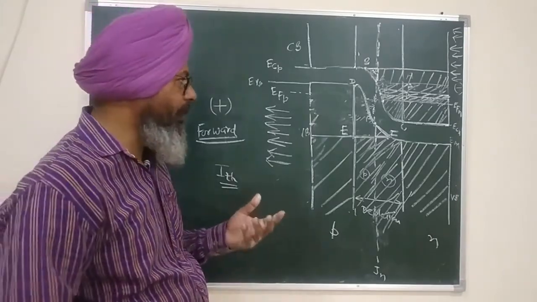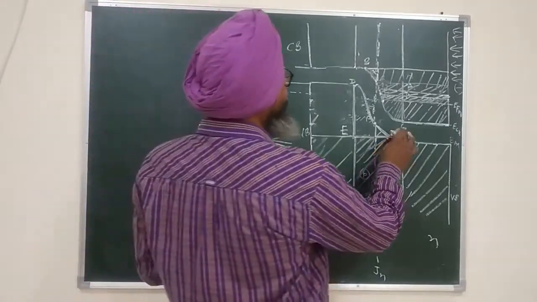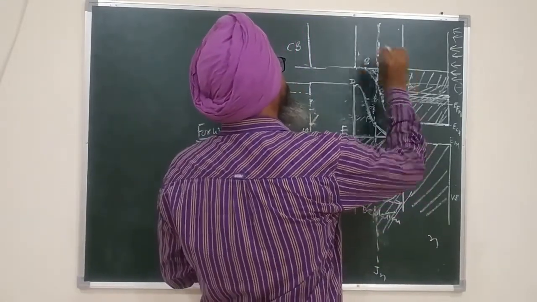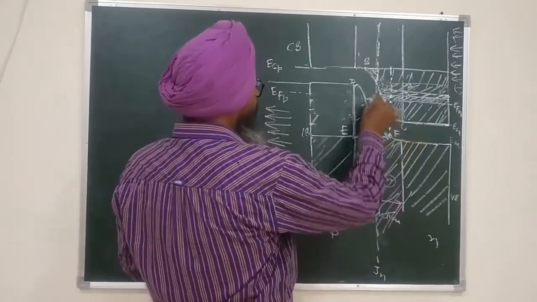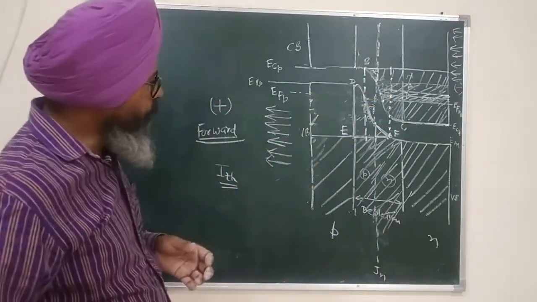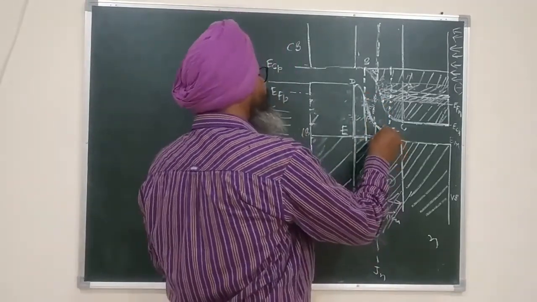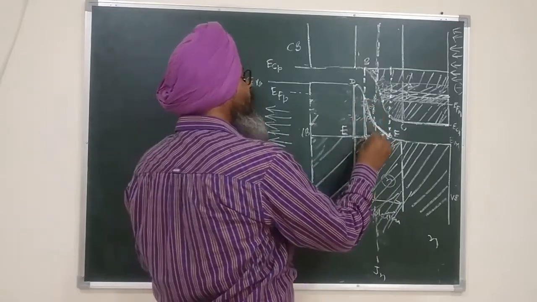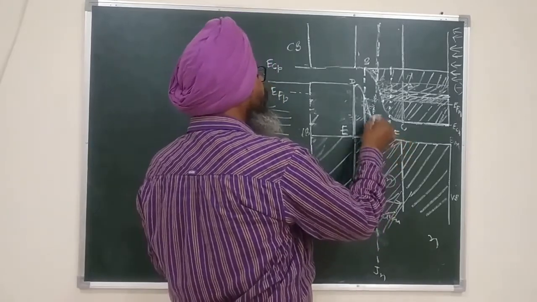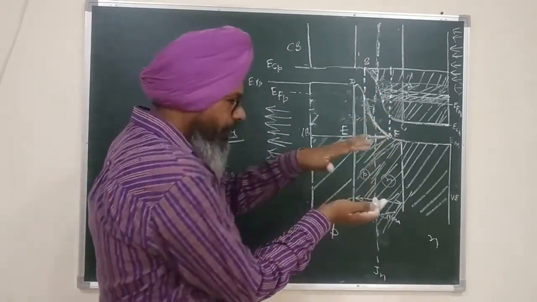Even if you don't appreciate it right now, you have to appreciate it in the next line that I am going to tell you. If I draw a vertical line from the edge of F, and a vertical line from the edge of B, you can see this region is not totally filled, it is a part of the acceptor band. This region, which is some portion of DEF, is totally empty, and kindly see it is below.